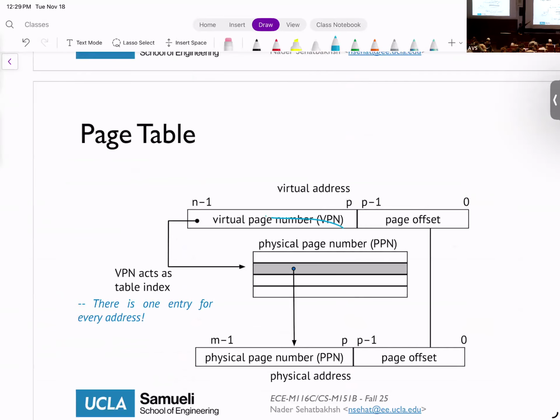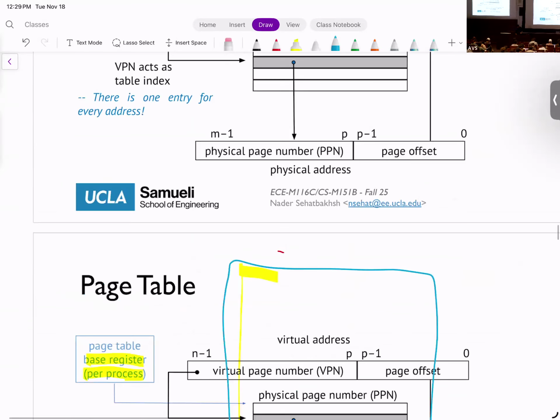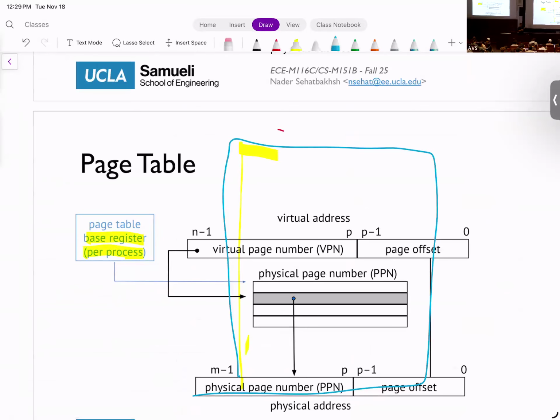Yes, and as I said, there is one entry for every address, technically, okay? So if you want to, you can address any VPN that you want. And in order to swap between the processes, you just change the base address. This is usually the responsibility of the operating system: when you're context switching between programs, one of the things that happens is that the base register changes for that program. Then you go to the next program, the base address changes, and all the addresses are now based on that. That's the nice thing about using page tables. Okay.